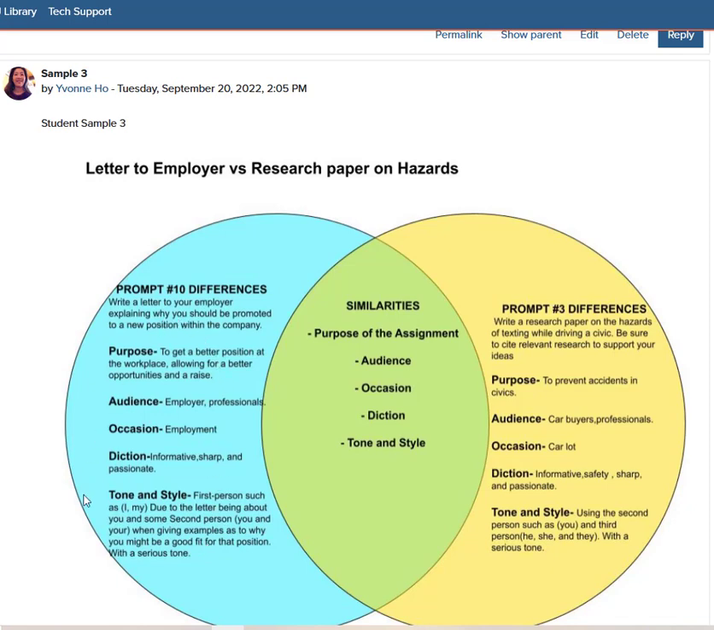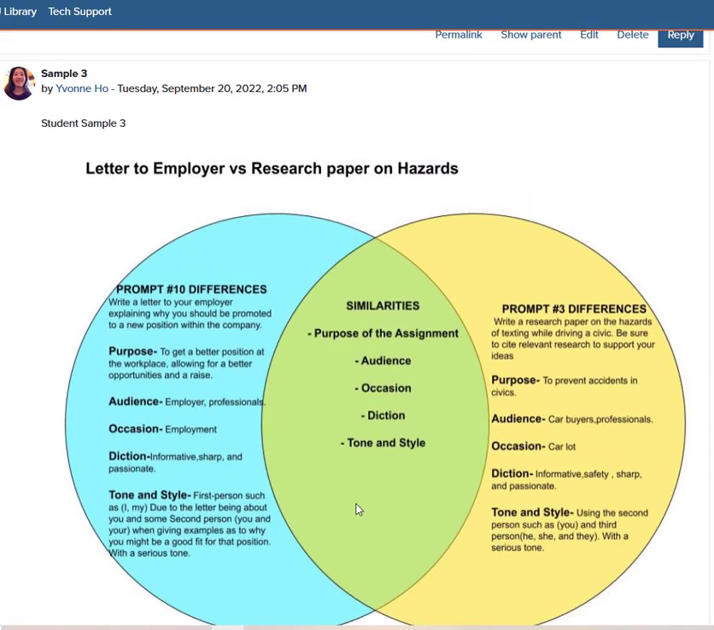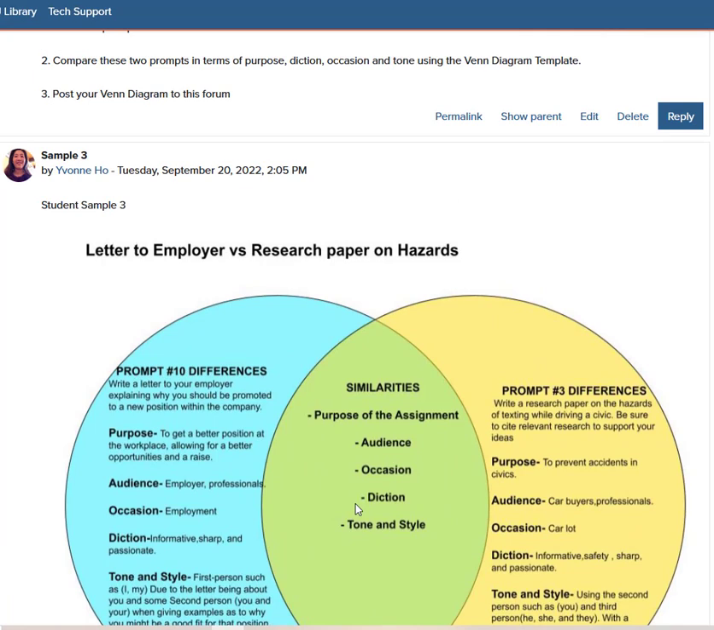So there she did number 10 to get herself promoted, versus number 3, writing a research paper. When you write a research paper, you have to write it in third person case only. Although she says using second person case, when you write a research paper, you should actually write in third person case. So basically, this is a pretty easy assignment where you just compare and contrast 2 different